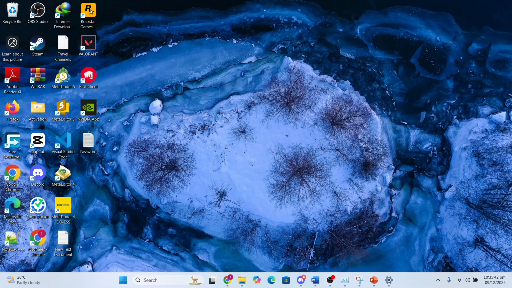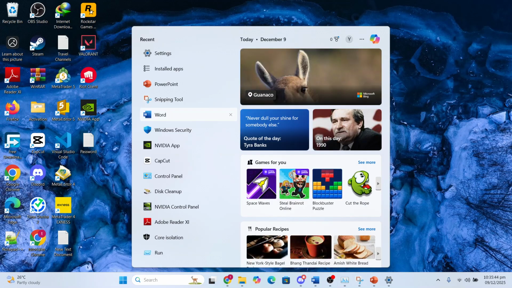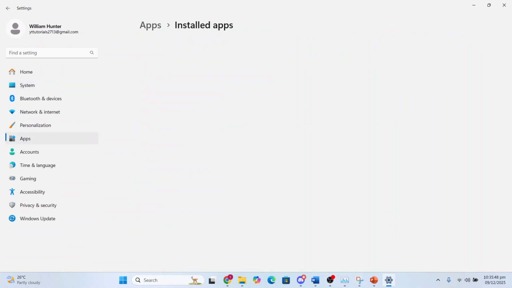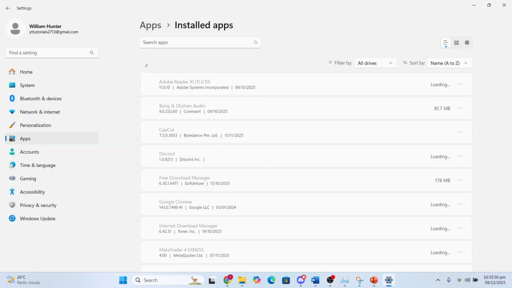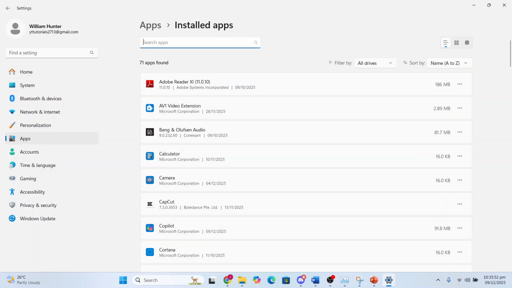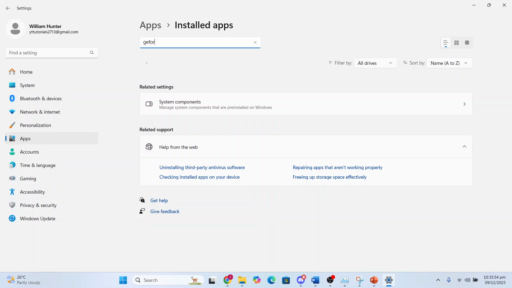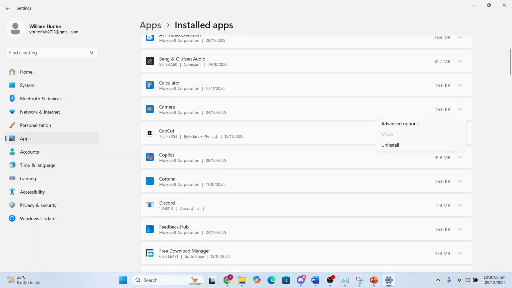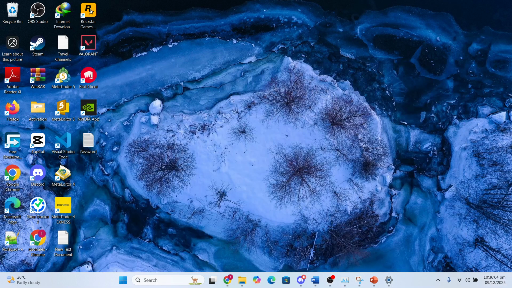Okay, and then you just come here, click on the search bar, and just go ahead and type in installed apps. And what I need you to do is I need you to come here and just search for GeForce, because we need to uninstall this. If you have it here, go ahead and click on the three dots, just like this one, for example. And then I want you to click on uninstall, because what we're going to be doing, we're going to be